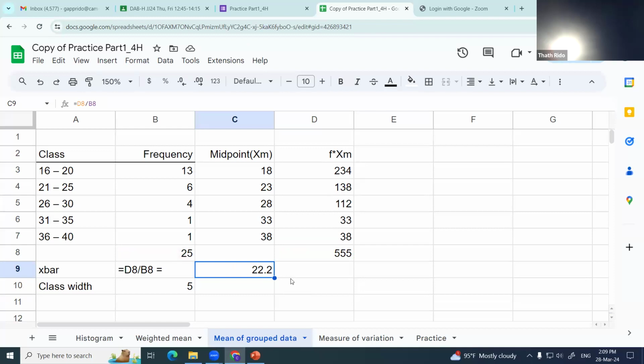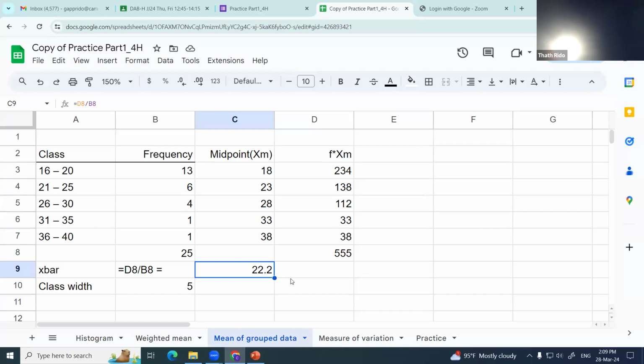So we only have column A, but we calculate column C by ourselves and column D by ourselves. And we sum all the values in column D and the values in column B, and divide column D by the total value of column B. So that is the average, the mean